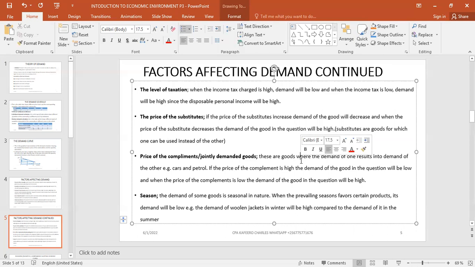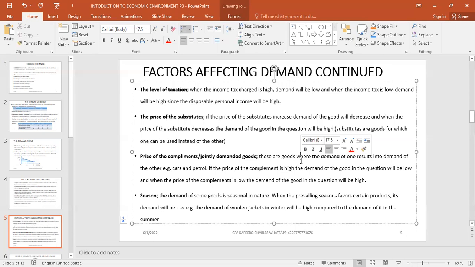If someone buys a car, you expect that person to be buying petrol for the car to move. So if the price of cars increases, we expect that people demand less petrol, because the price of the main product has increased. So we expect them not to buy. When they are not buying cars, of course we expect that the quantity consumed of petrol will also be less. The other one, you can talk about the price of sugar and tea leaves,